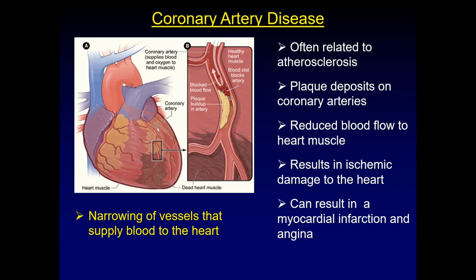then you get to a situation where you get a full blockage in an area, and the cardiac muscle that's downstream of this blockage is going to become what we call ischemic. It's getting no oxygen. When it gets no oxygen for a long enough period of time, then that cardiac tissue will die. That muscle will die. Okay? And so when you get this blockage and you get ischemia, you are going to very often then have a heart attack, and you're going to experience something called angina.